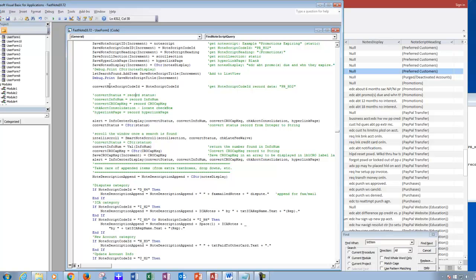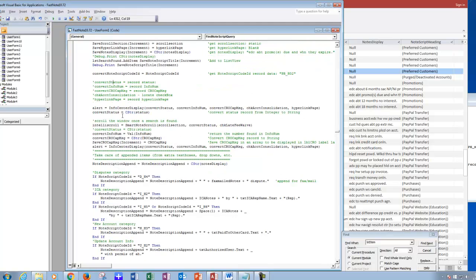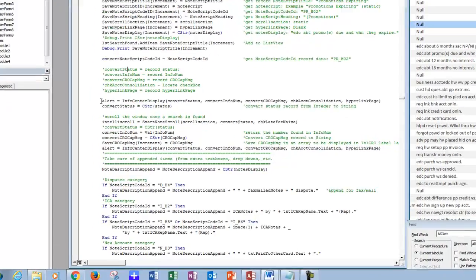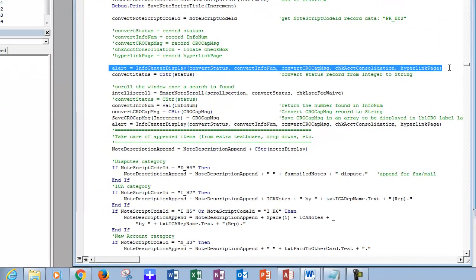The next thing we're going to do is we're going to create a variable here, convert note script code ID, and just save it in another name. I just renamed it because I didn't want to use the actual name here to confuse it with other things, so I just made up a name that makes it more descriptive because it's converting a note script ID, basically converting the data. And down here, once we have that, we're going to get ready to pass this function here